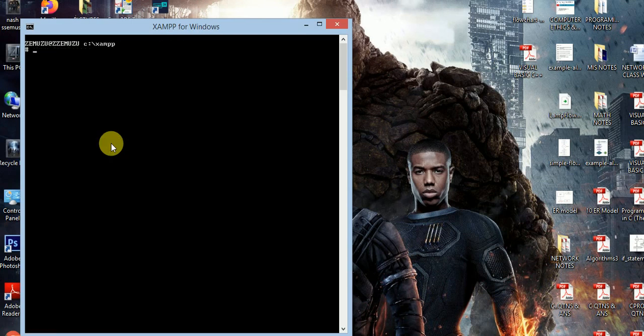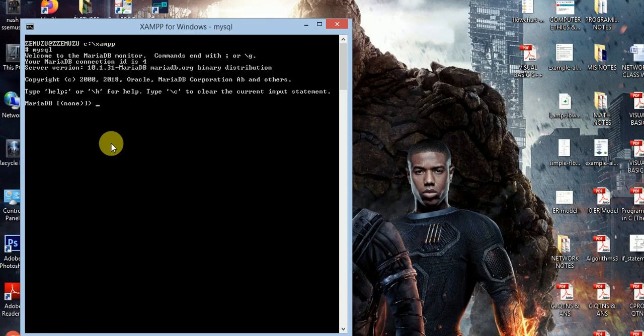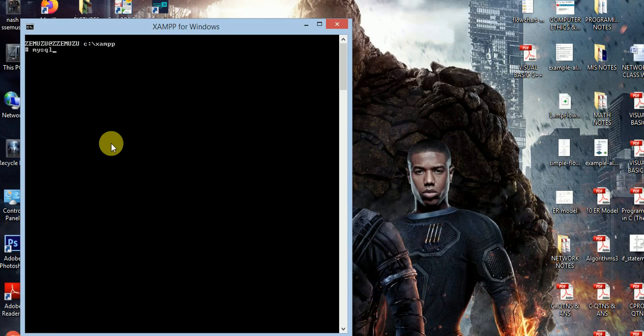Now let's get started again the other way around. Like I've told you, that command does not give you the privilege to do all that is needed. Now, what should be the right command to use? The right command in this case is mysql -h, which stands for localhost, because you're going to be basing on this application locally, then -u for username, which is root in our case, and then -p, which is for password. All of those are going to be ignored by default because we are